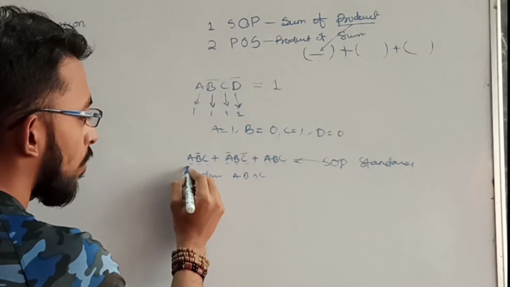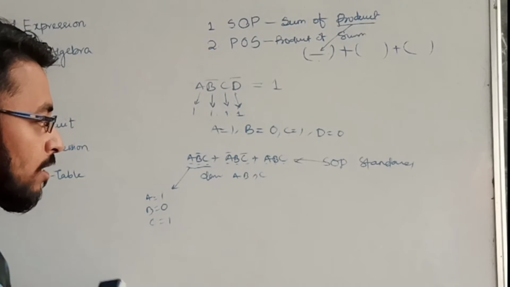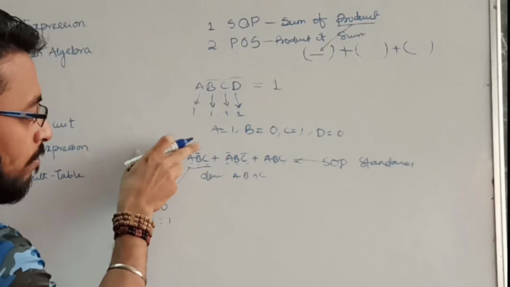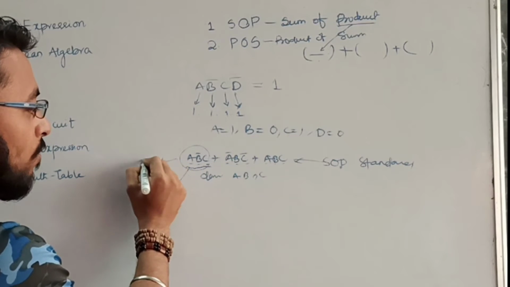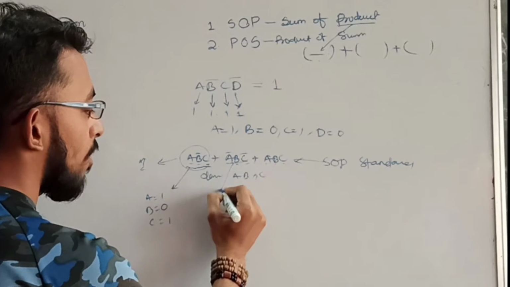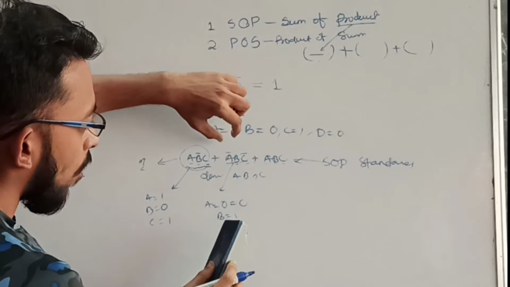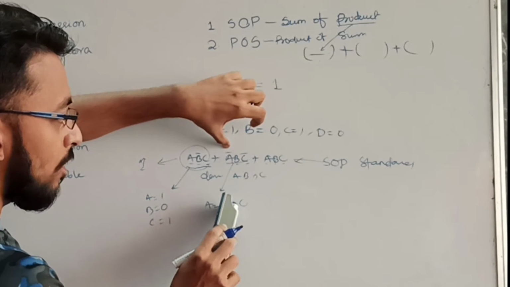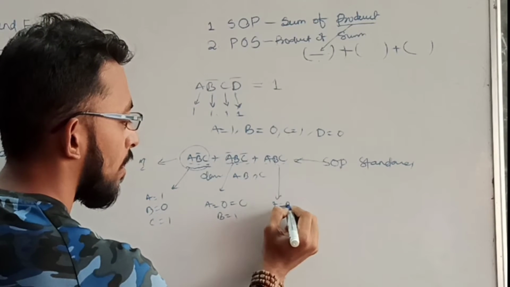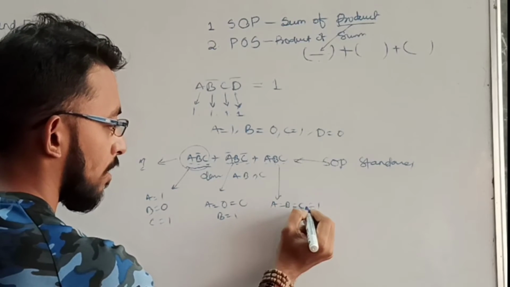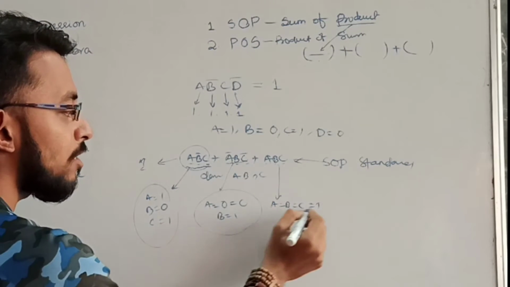So here you see when this value will become 1. It will be 1 when A equal to 1, B equal to 0, C equal to 1. You see from here A equal to 1, B equal to 0. It means B bar will give me value 1 and C will be 1. When these 3 are ANDed, this whole term will give me value 1. Next, this value will become 1 when A equal to 0, C equal to 0, B equal to 1. Because for the term upon which bar is there, you have to take that term as 0. And the other term, when it is simple, you have to take as 1. For this, A equal to B equal to C equal to 1. When these 3 cases occur, then only output will become 1. It is the condition for each term.